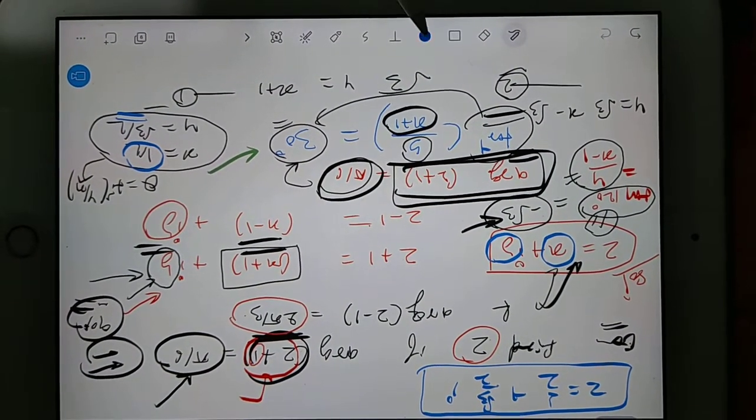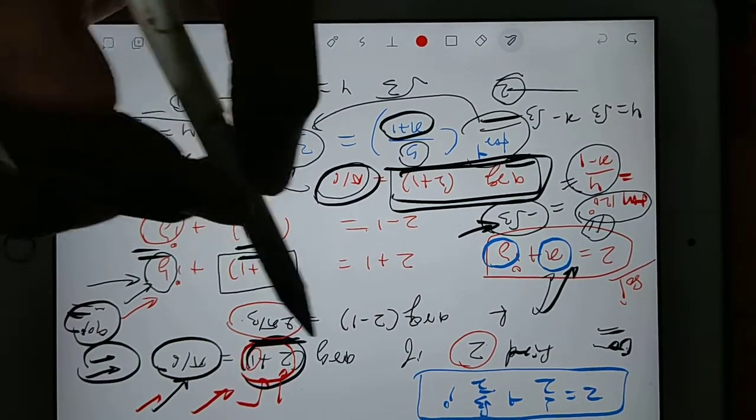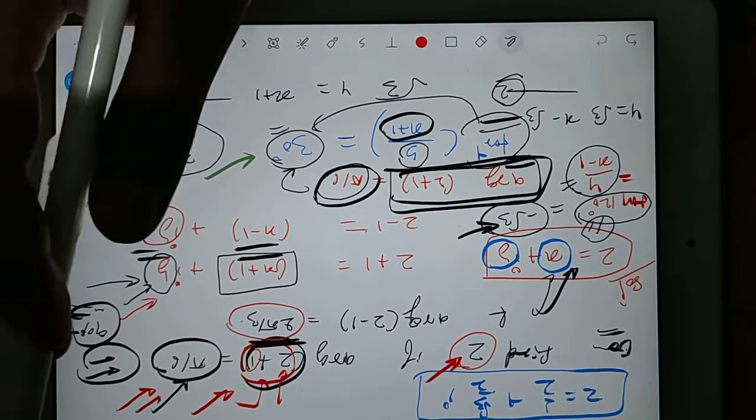It means these answers were given for the same z value. That's why I'm able to find out z. They are not the values for z1 and z2. They are not for two different values.